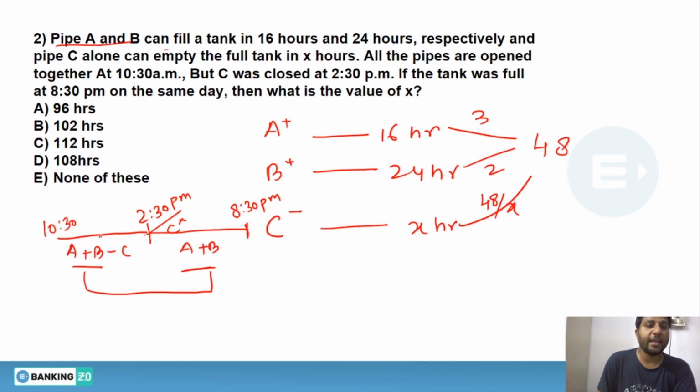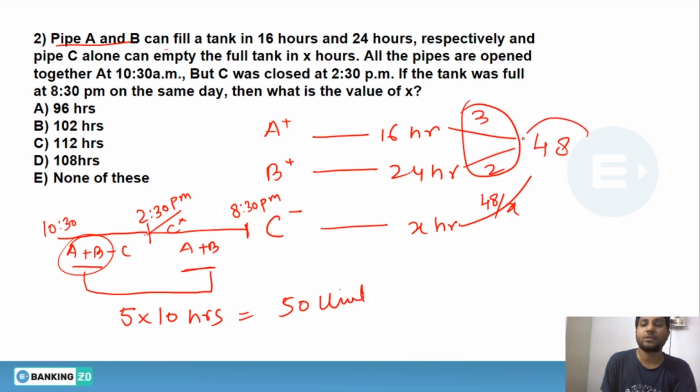That means A and B's efficiency was 5 units and they will be there for 10 hours. That means they should have completed 50 units, but the total tank was of 48 units according to the LCM. That means C has emptied the tank